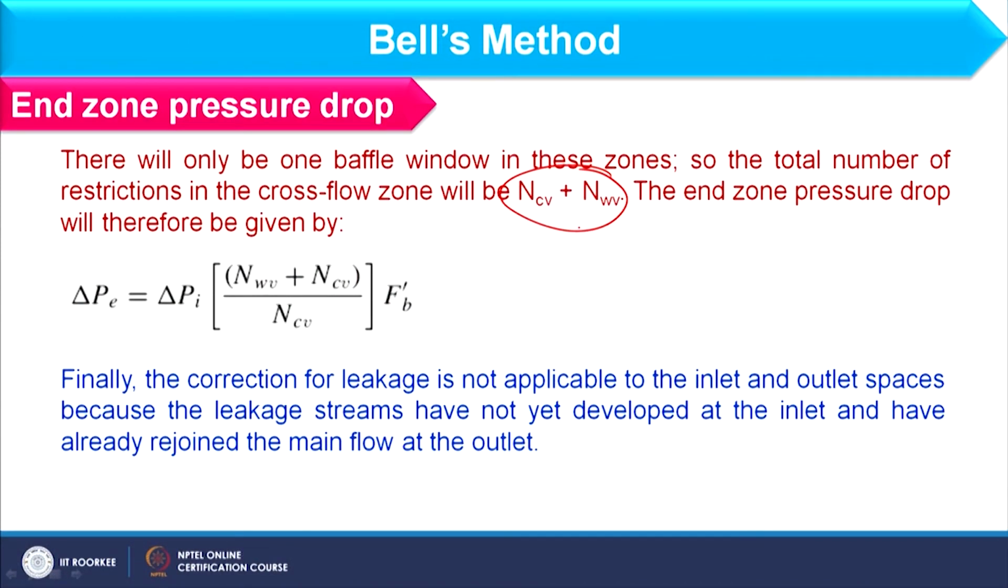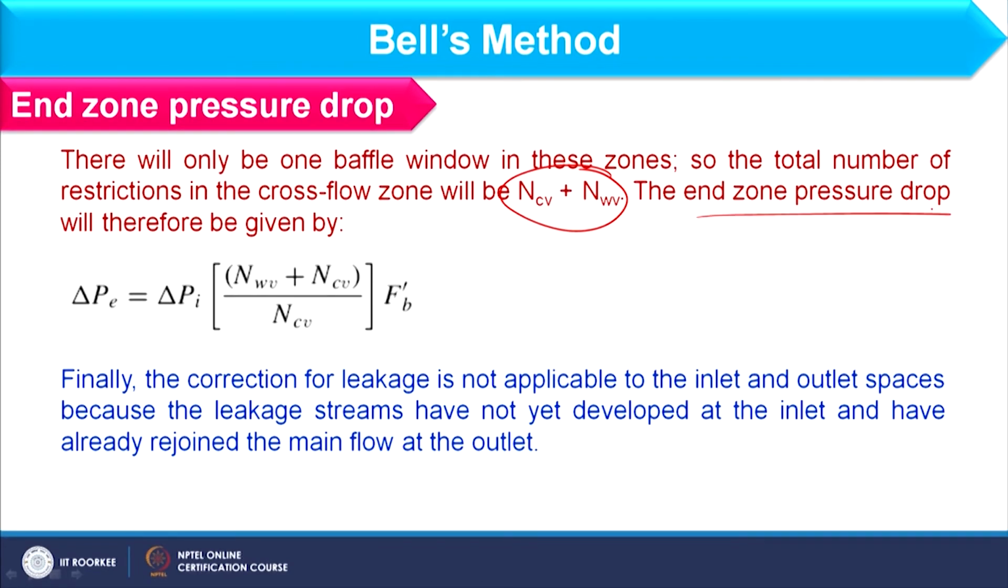So it is slightly different from what we considered in the cross flow zone, because in the cross flow zone we have two window zones. However, that is not the case in the end zone, and therefore the total number of tube rows crossed should be equal to NCV plus NWV. Okay, because we have only one window zone. So total tube rows crossed will be equal to NCV plus NWV, and therefore